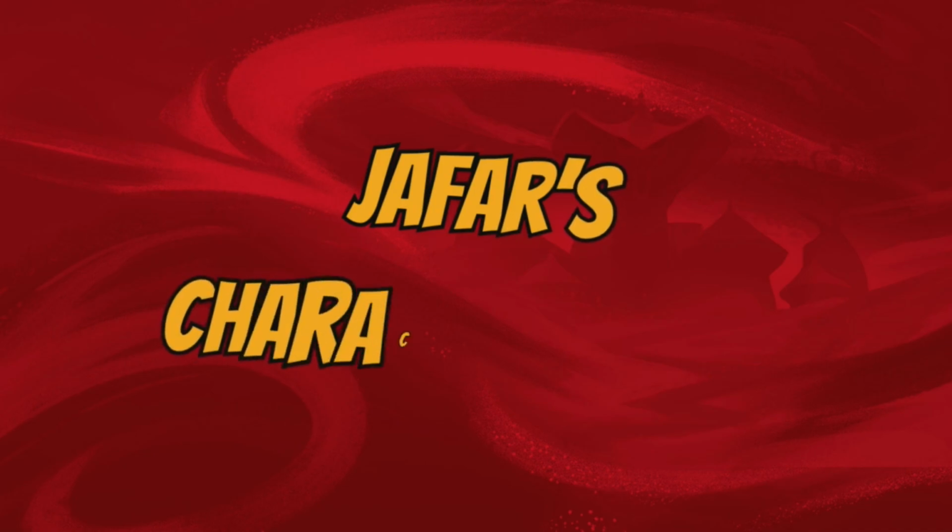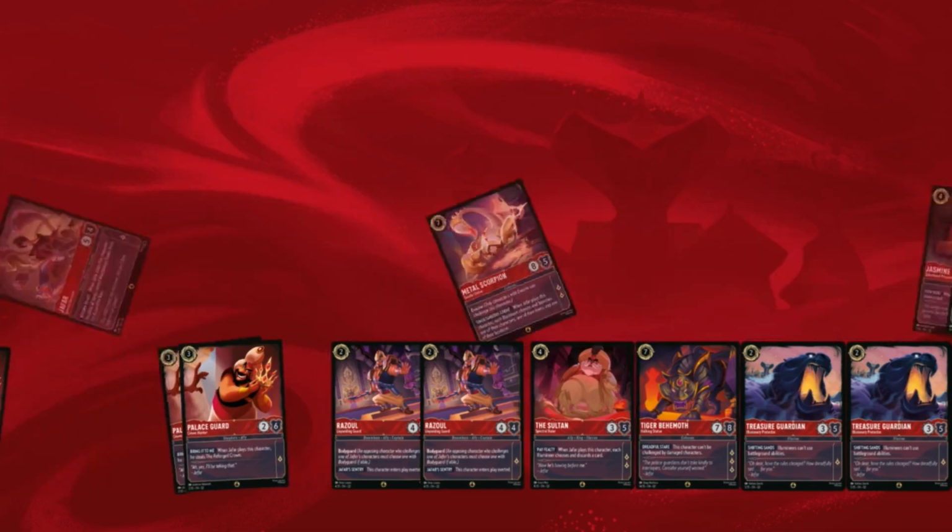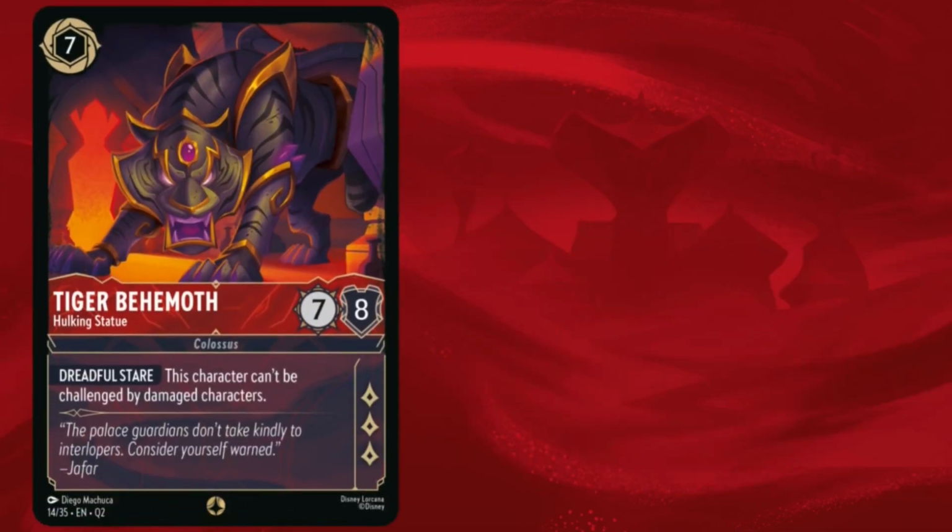So Jafar has 26 characters in total, 17 of which are unique, and they range all the way from 1 cost up to 7 cost. As you can see from the character cards here, the lore value is quite low. He's questing for 1s and 2s for the majority of his deck, with only 2 cards that come in questing for 3. So starting off then with Tiger Behemoth, it's at 7 cost, 7/8, quests for 3, and has Dreadful